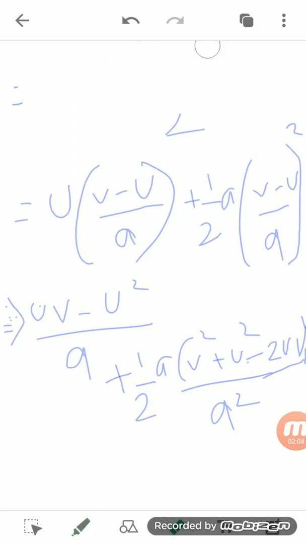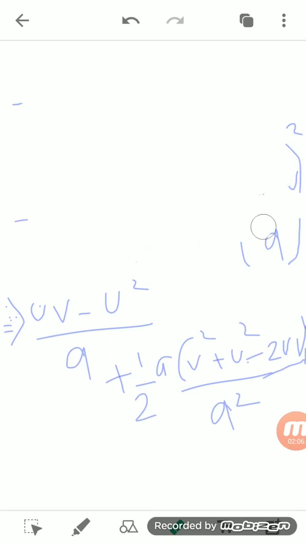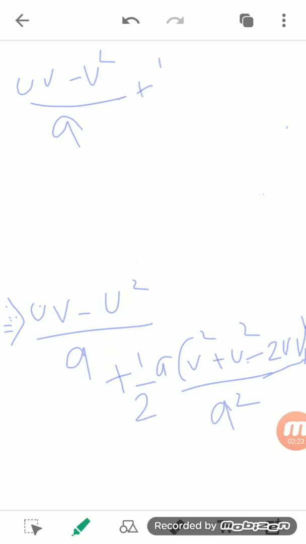Now see here, you can write it like this also, that is uv minus u square upon a, plus half or 2a, the whole square,